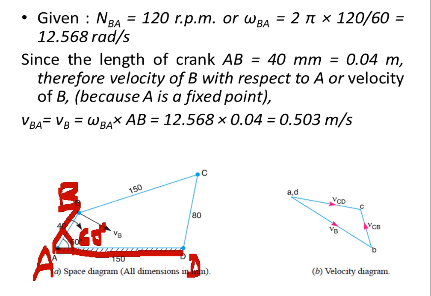Then the lengths of BC and CD are given. So from B, take a length of 150 mm in the compass and cut the arc like this. And similarly from D to C, the length is 80 mm. So from point D, take an arc of 80 mm and cut it over here like this. Okay. And then at the intersection point, you will get the point C. Then join B to C and D to C. So you will get a quadrilateral. This is nothing but the 4-bar chain.